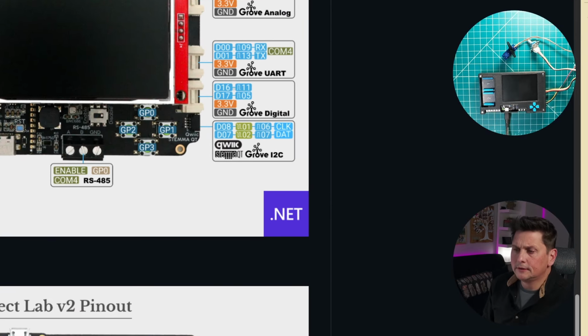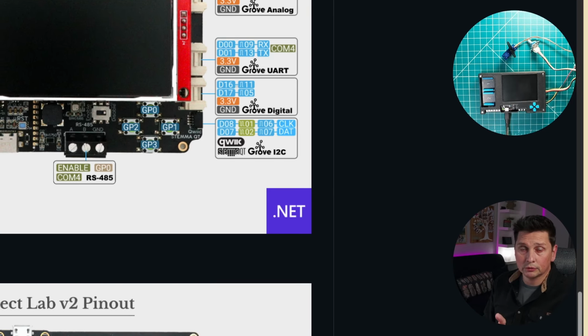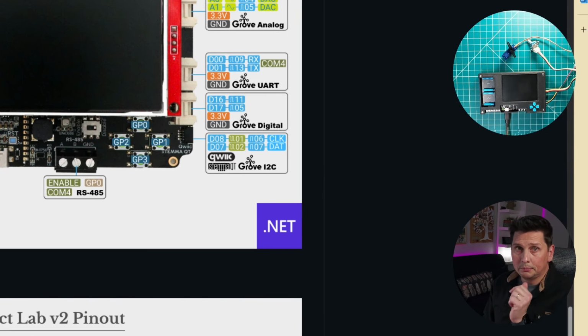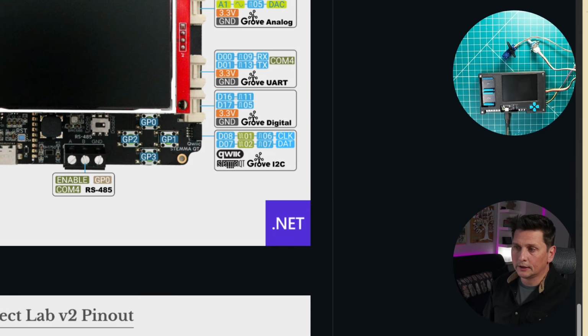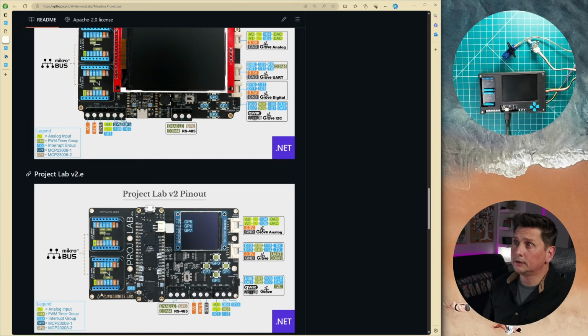So I'm looking at D7 and D8 as the input, but I'm going to control using PWM. So PWM is going to be the 1 and 2 down there in green. So it should be these 2 ones. I just want to make sure. Okay, actually it's PWM 1, it's on the D8. So actually, I need to pay attention to that D8 thing, okay?